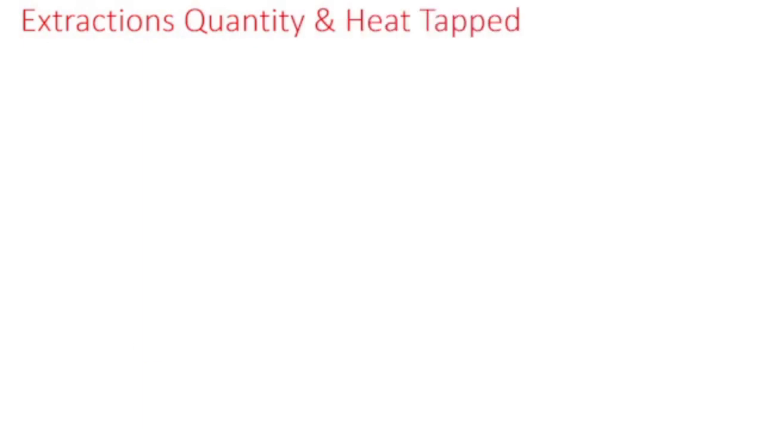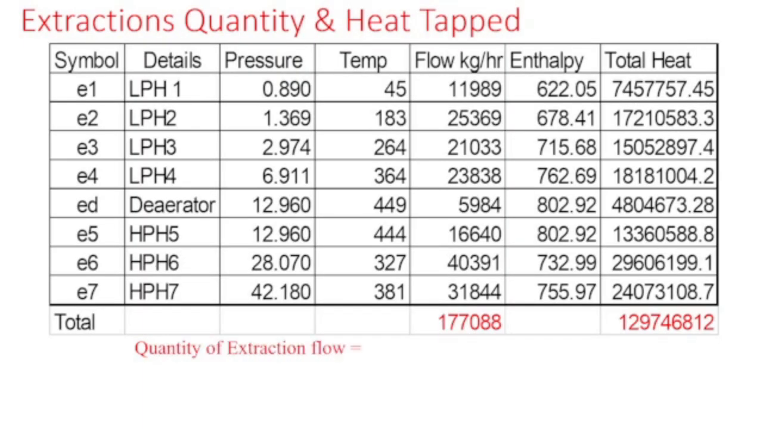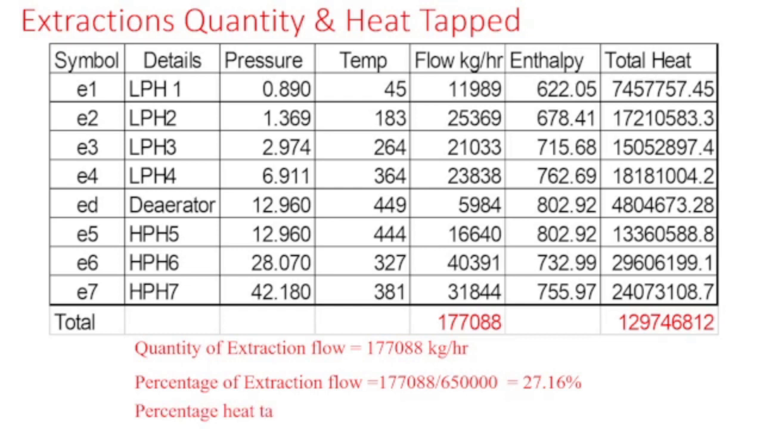The extraction quantity and the heat tapped. Now there are some extractions which are taken out from the turbine. Those are E1, E2, E3, E4, deaerator, E5, E6 and E7. So for all these extractions, the various pressures, temperatures and flows are there. The total heat is also calculated here, and from there you can calculate the quantity of extraction flow. The total quantity of extraction flow per hour is